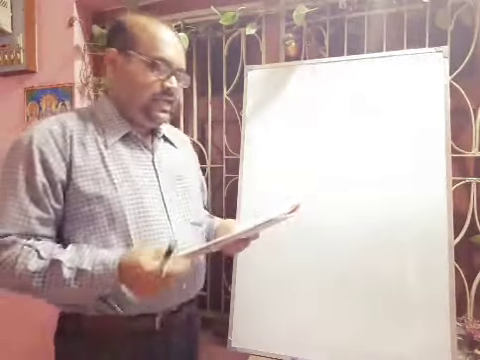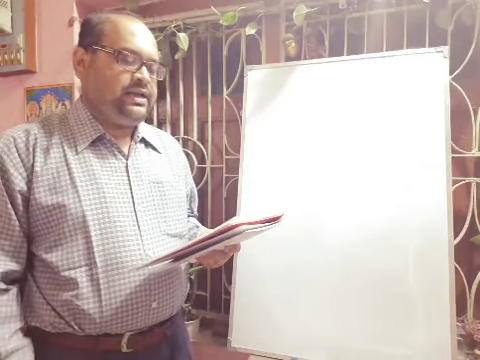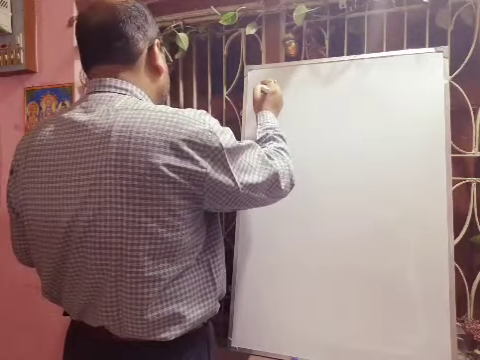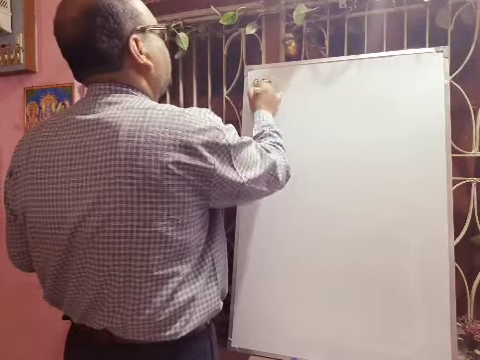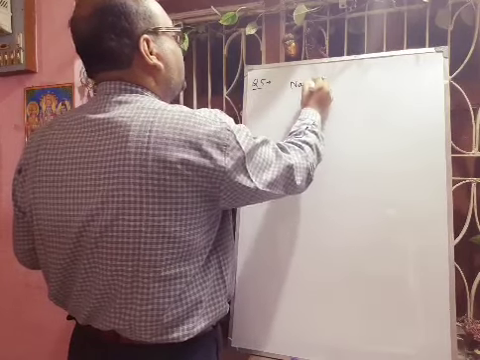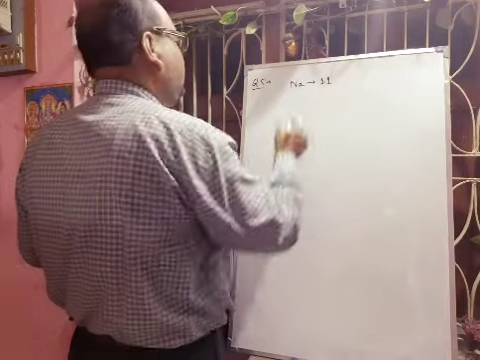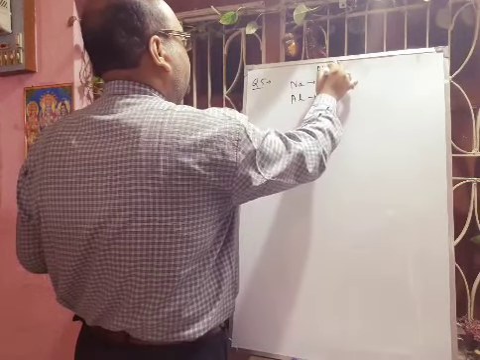Next, I am not writing here, I am telling from your book that sodium and aluminum have atomic number 11 and 13. This is given. That question number will be 5. That sodium is given atomic number 11 and aluminum is given atomic number 13.